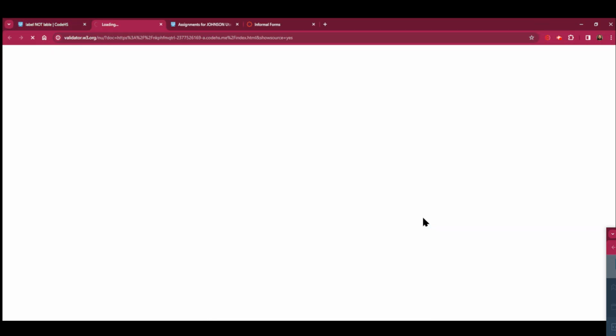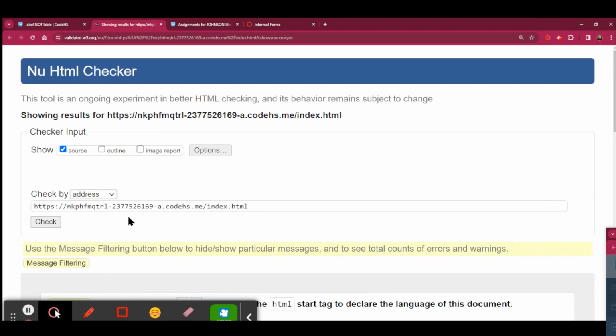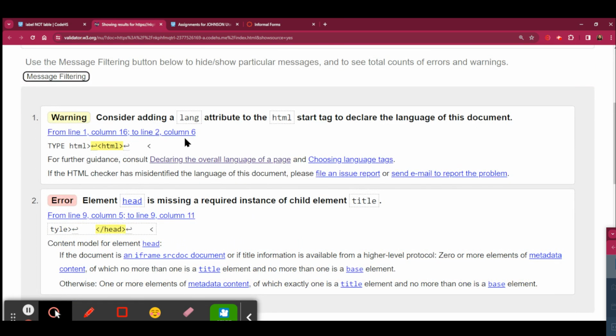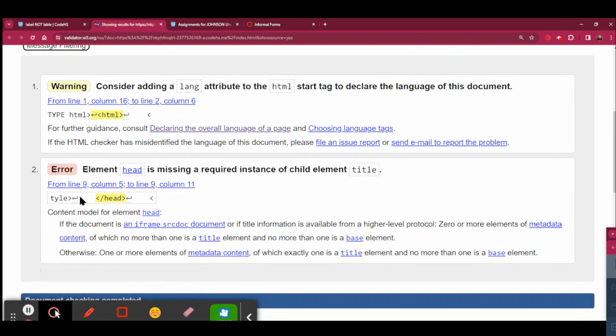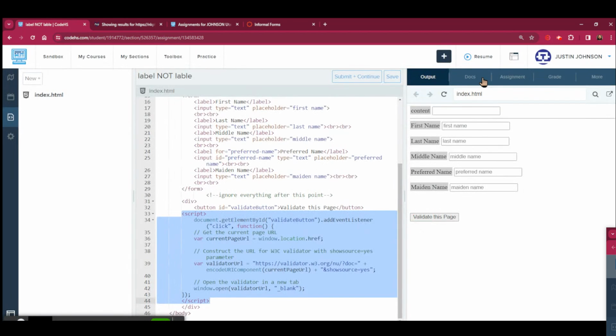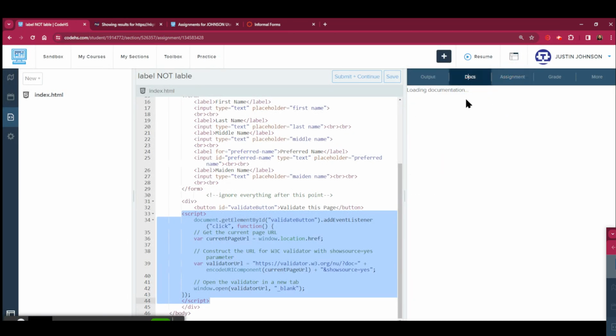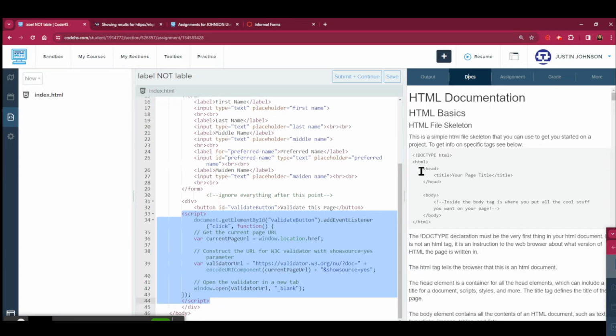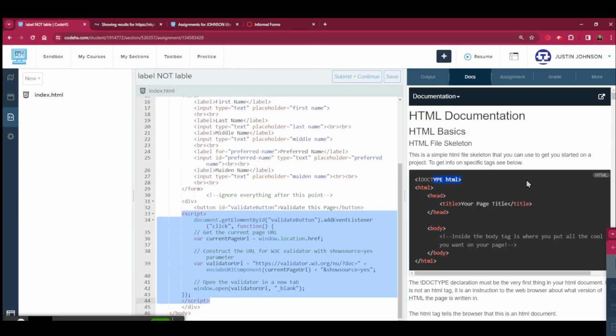So I click validate source, takes me over to the checker, the source is checked, and then it wants the language attribute and the head is missing a required child element. So what that means is if you look at your documents, the head should always have a title in it,